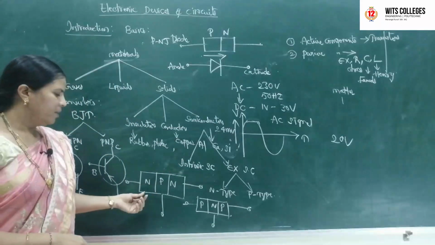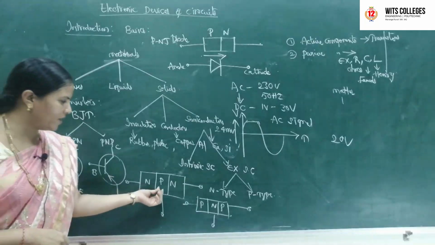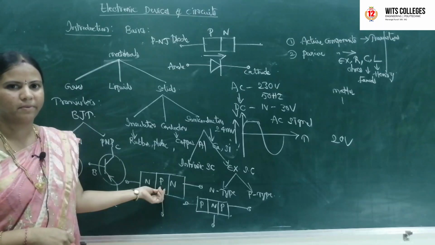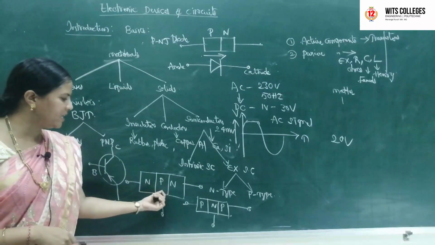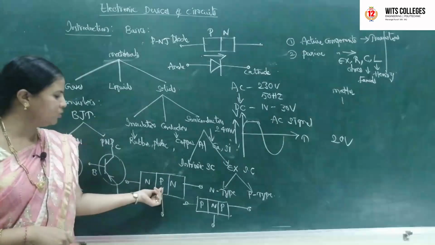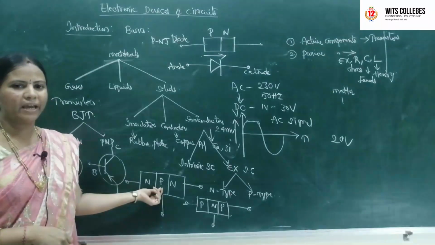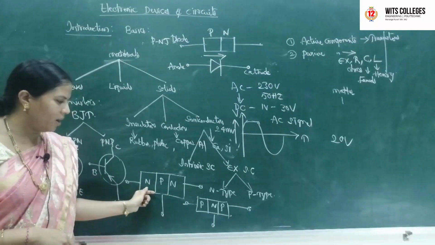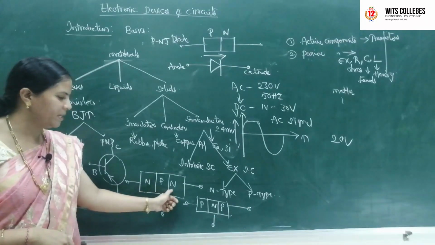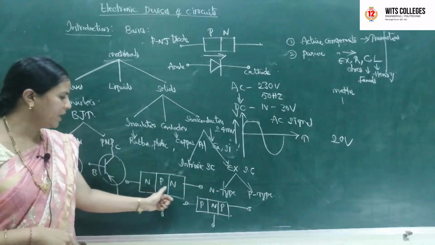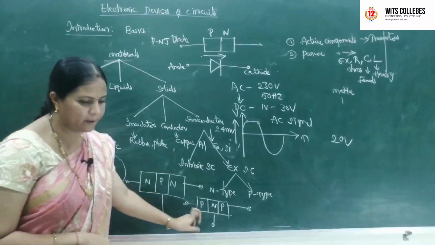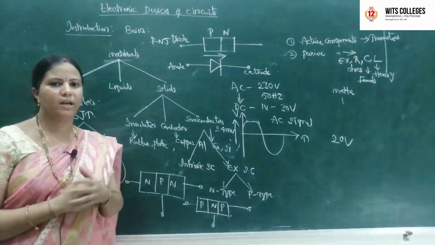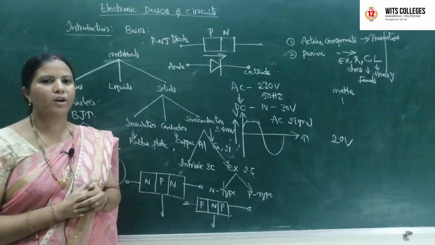So what is it? A bipolar junction transistor consists of a silicon or germanium crystal, with semiconducting material on 2 sides. It is nothing but a lightly doped silicon layer. When you take a lightly doped silicon layer, on either side you attach or add N-type silicon material. N-type diode toni add cheste vachede NPN, like this PNP. Ila meeru by using transistor మీ ఫస్ట్ యూనిట్ మొత్తం ఉంటుందండి. By using a transistor you can amplify the signal.